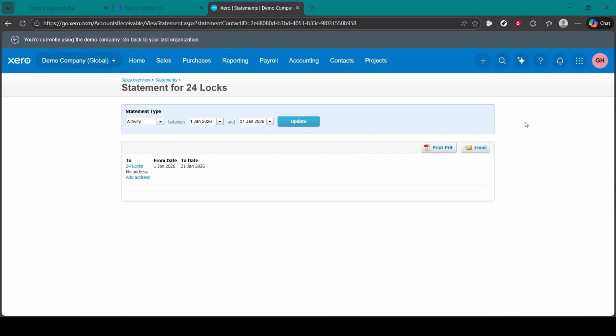Now pick the statement type that best suits your purpose. Outstanding statements show what's currently due and overdue, great for reminders and collections. Activity statements show all activity within a period, including invoices, payments, and credits, ideal for reconciling accounts or sharing a